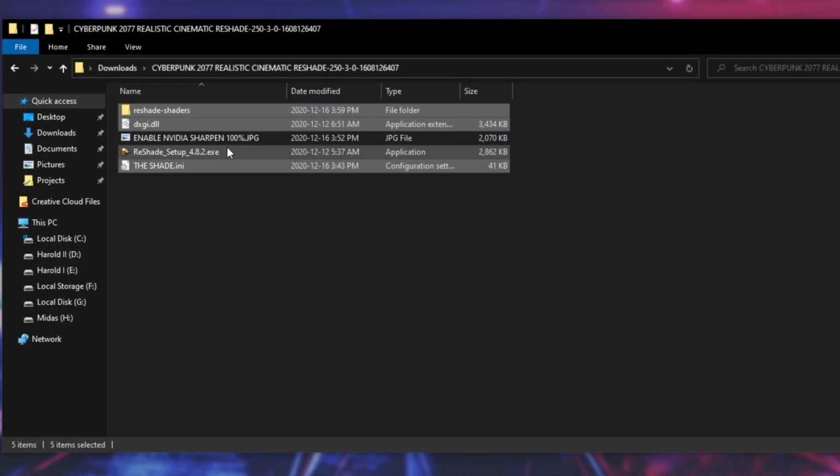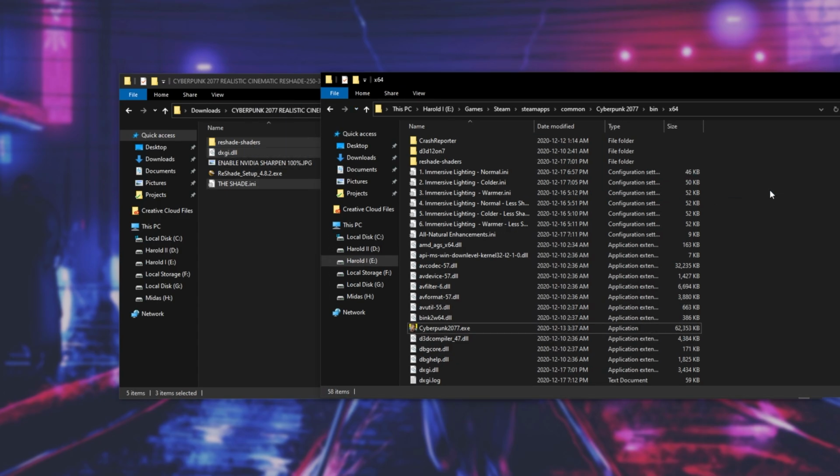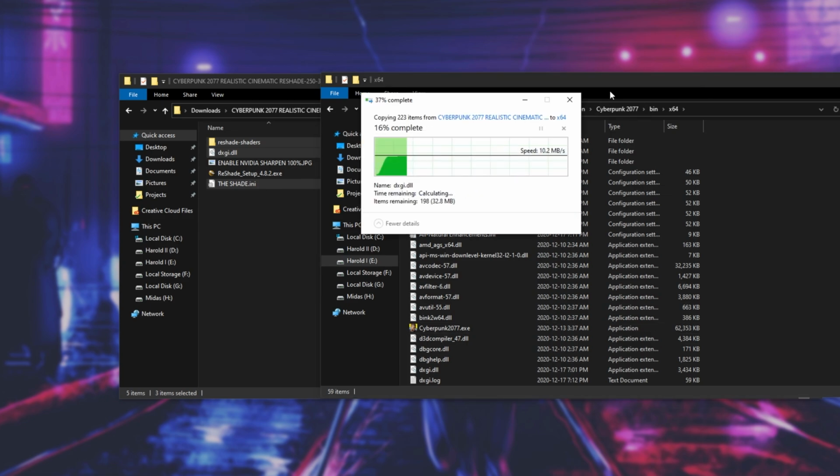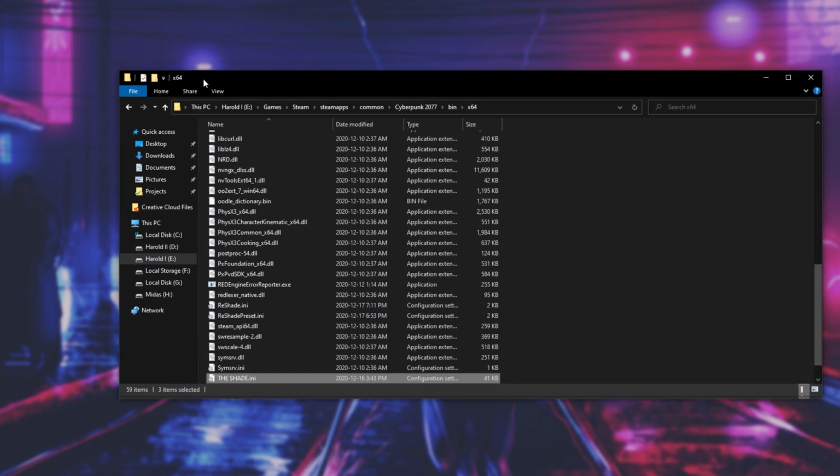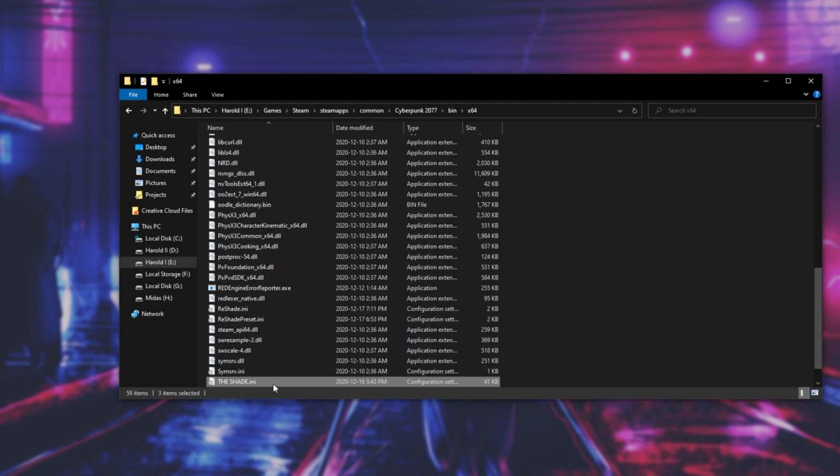So I'll select everything, DLL files, ini files, and folders, except for anything else, drag and drop them across into the installation directory once again, replace files, and the next time you fire up the game, you can simply choose the preset, the shade, or whatever it is. But anyways,